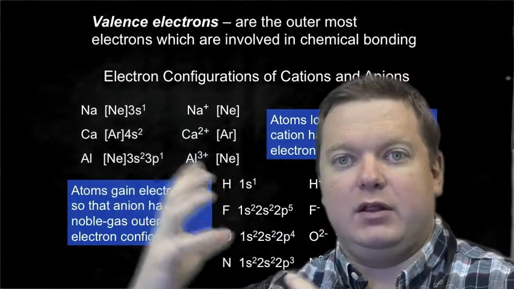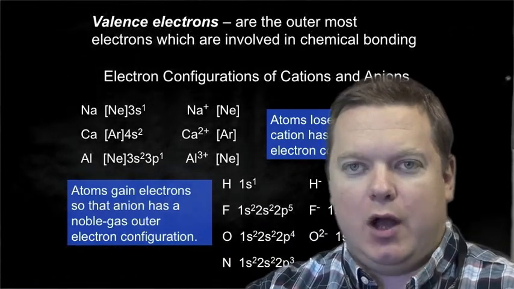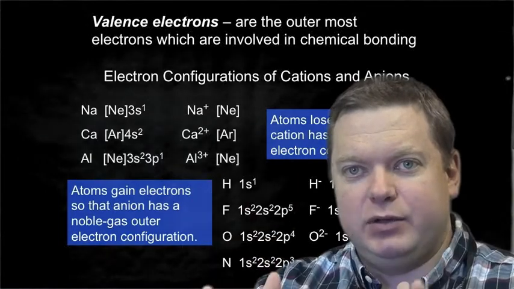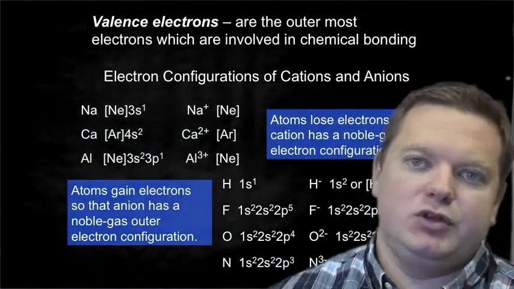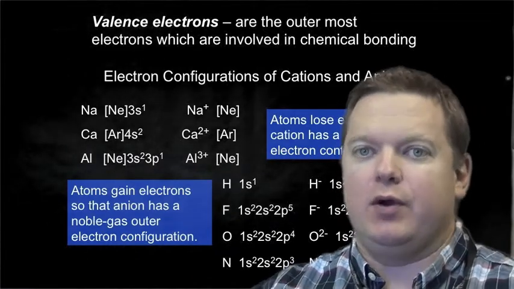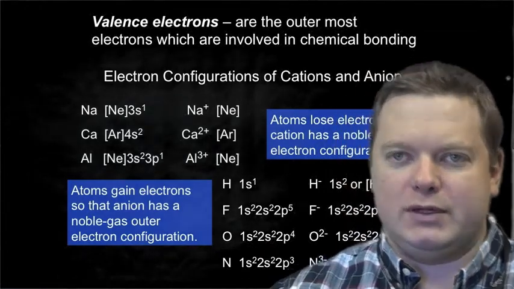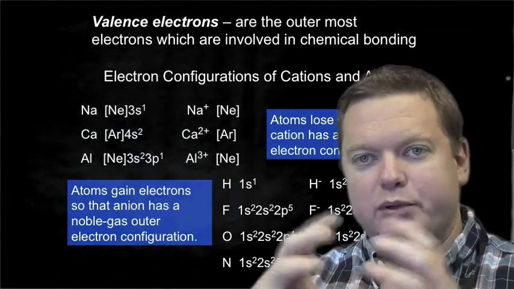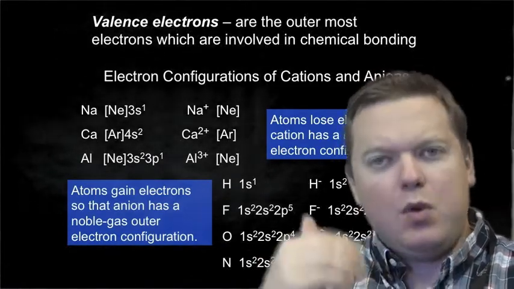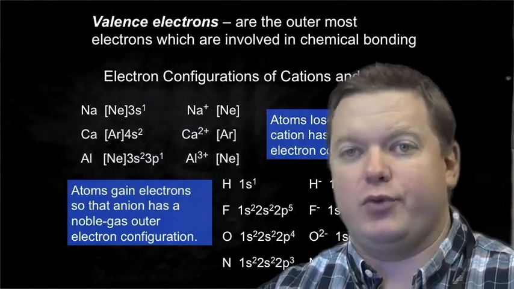There's one of them. If it loses it, now we have a completely filled shell, the 2s and 2p are completely filled. So it's going to be a +1. You can see the same thing is going to happen with calcium, where we lose the 2 electrons and go to a noble gas electron configuration, or aluminum, where we go to the 3+. Both of these go to a completely filled energy level, which is going to be more stable. And it's also easier to do than finding electrons to fill that 3